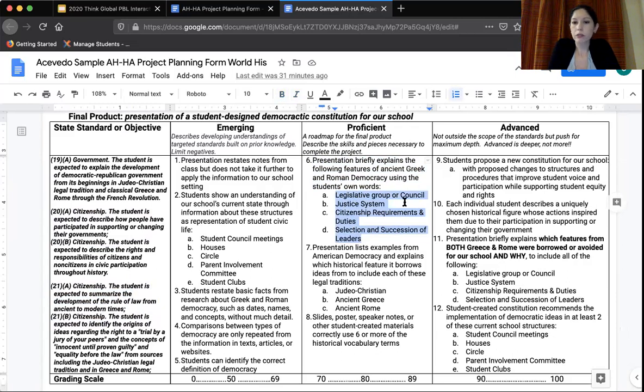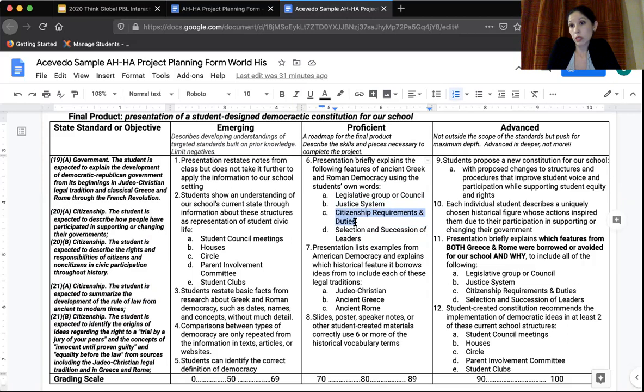So what legislative group or council exists? What does it do? What kind of decisions does it make? How does it work? How big is it? Justice system, are there rules? Are there laws that people, when they violate, things happen? And so they have to figure out what did the ancient Greeks and Romans have and be able to explain that. A few other citizenship requirements and duties of what does it take to be considered a citizen, and how